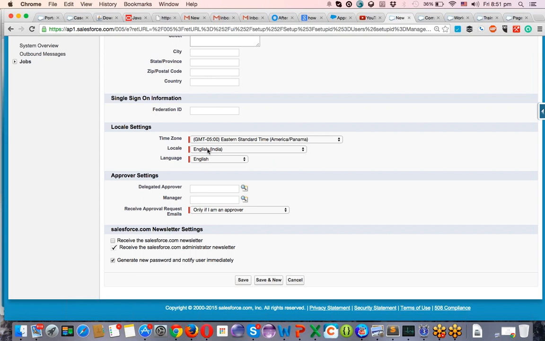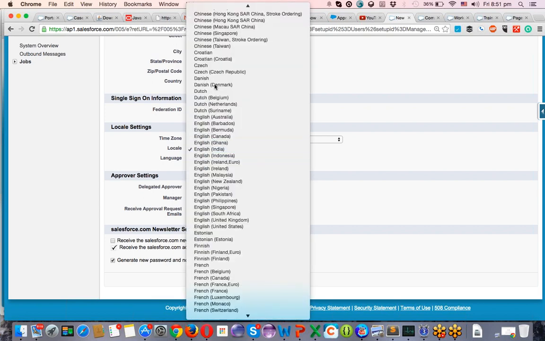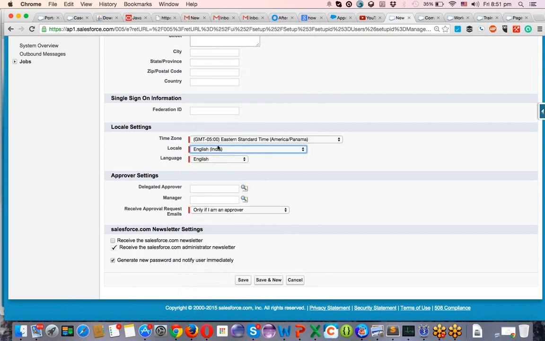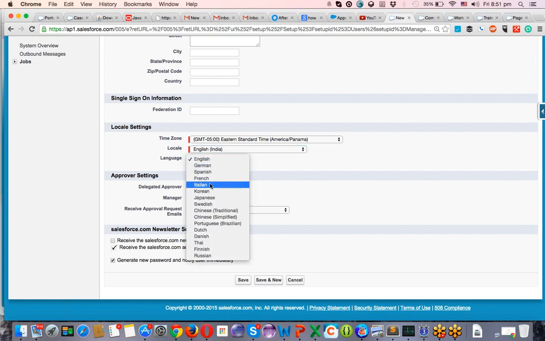If you are a multinational company, if you have some person in Japan, China, your sales reps, they can put down the language as Chinese, so that the complete application will look in Chinese language. Okay, all the data will be transformed to Chinese language by changing the settings. If you don't want to see in English, you can see in Japanese, Spanish, French, any of this language.